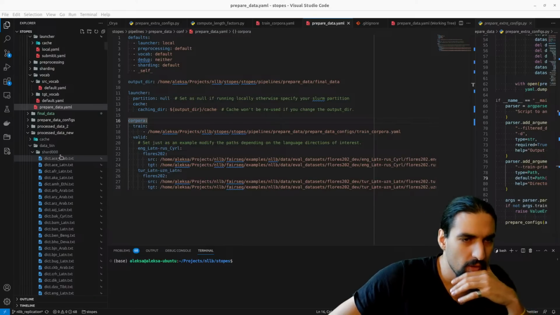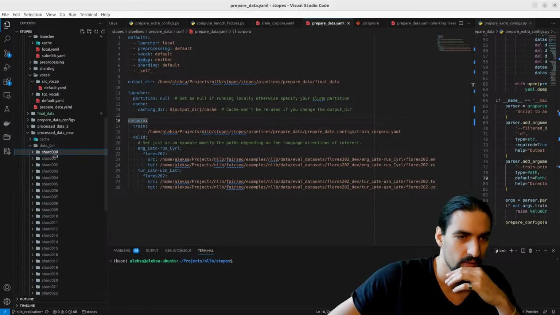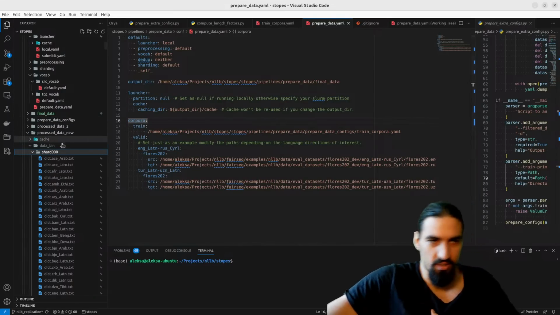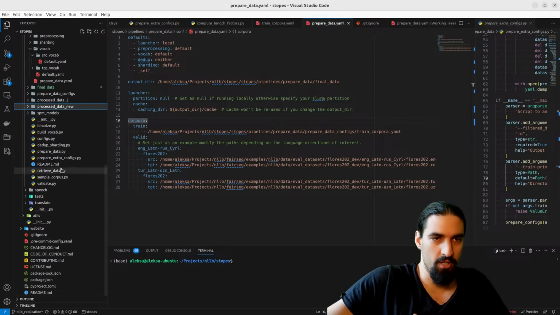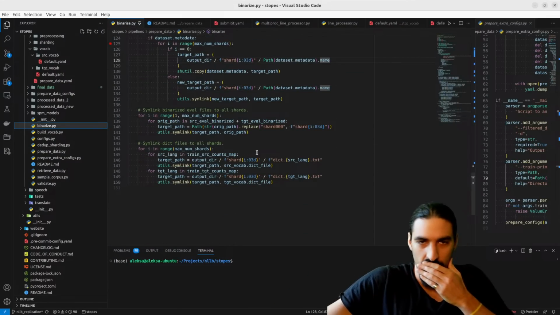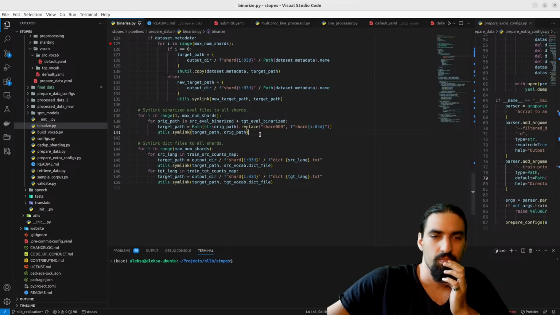So let's see why this is broken. Because this is a symlink. And where that is set is in the prepare data at the very end in the binary stage. So here, we go through all of the shards, and then we symlink the target path.